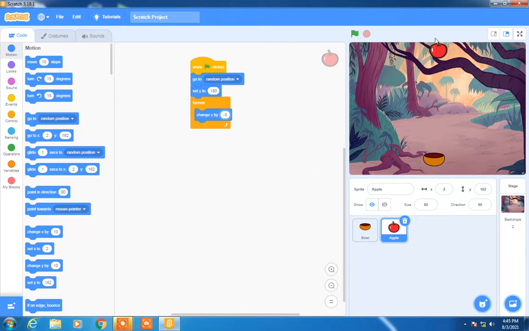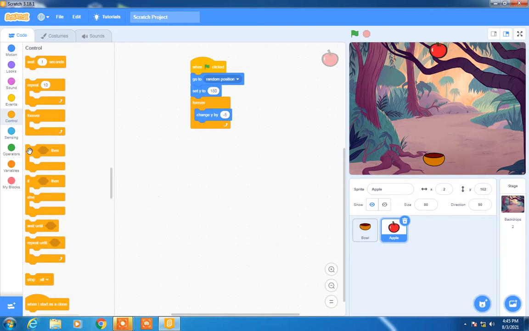So now when this apple reaches the bottom of our stage area, what has to be done? For that we need to make use of an if condition. So an if block is inserted, and over here we are going to check the bottommost position, that is the y-axis. So it is minus 161. So when the apple value is less than minus 170, it should keep scrolling. Once it exceeds that, again it has to go on top and start falling from top again. Okay, so let us design it in that way.